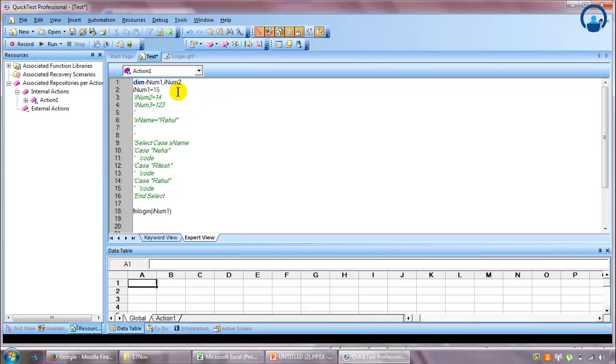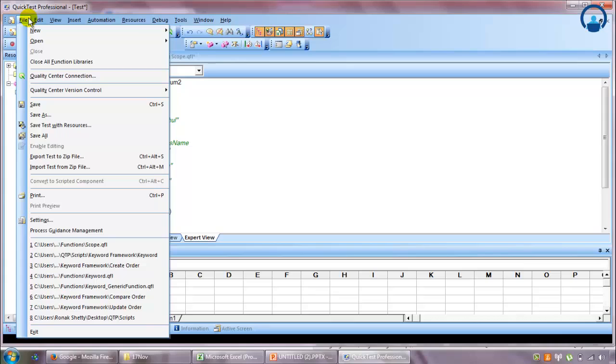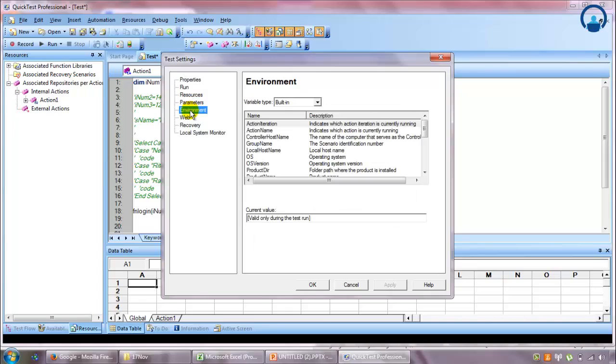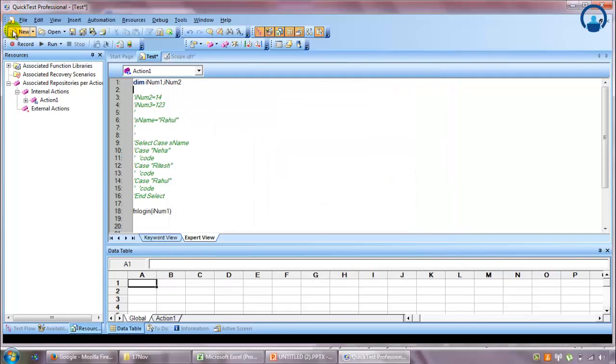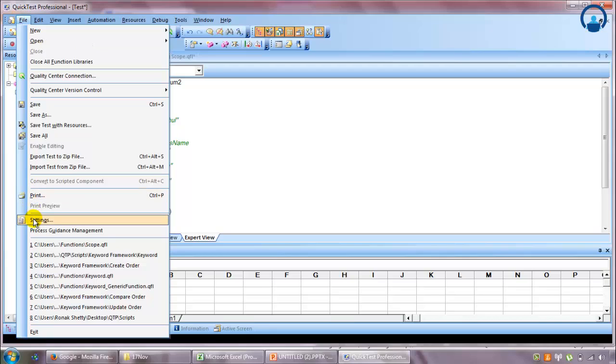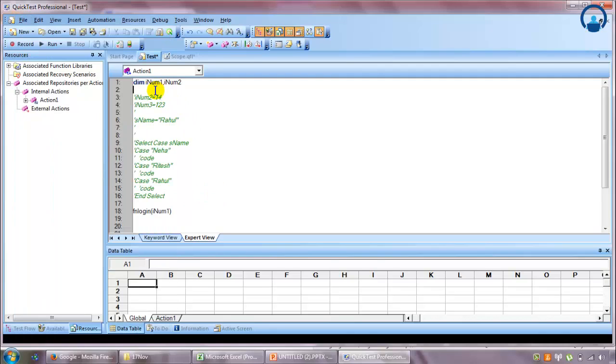So how to make any variable global? There are two ways of making any variable global. The first way is by saving it as an environment variable. Now as you know, I explained environment variables in my previous chapters, wherein when you go to your settings, you can see the environment tab over here. We have two types of environment variables, that is built-in and user-defined. So user-defined, you can define your own environment variable. You can either set it using the settings option, or you can set it within the script itself at runtime. The code for that is